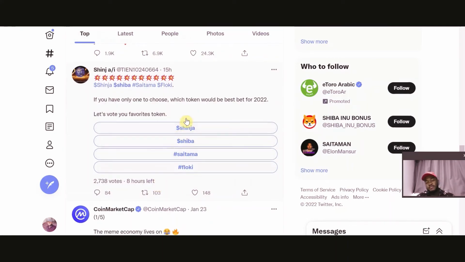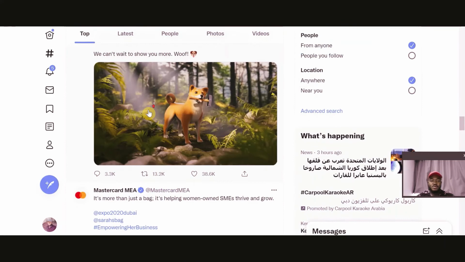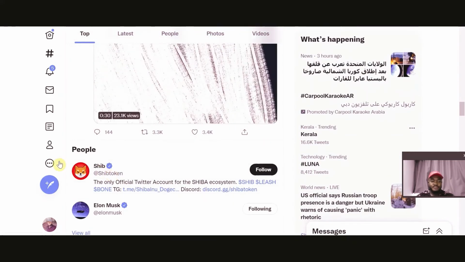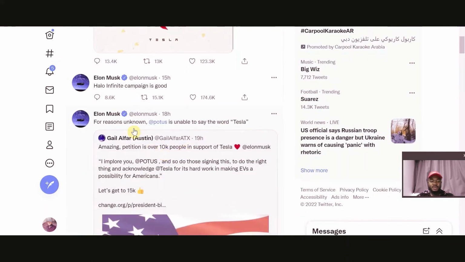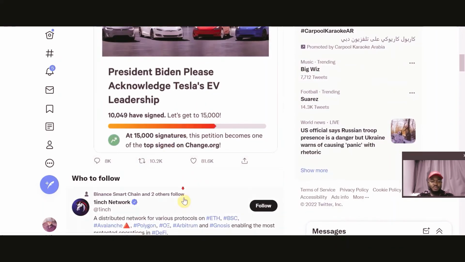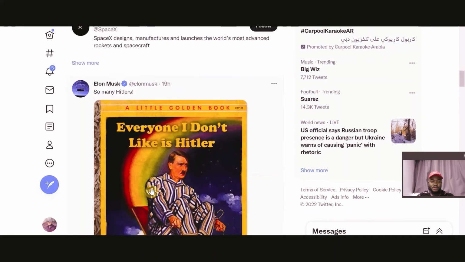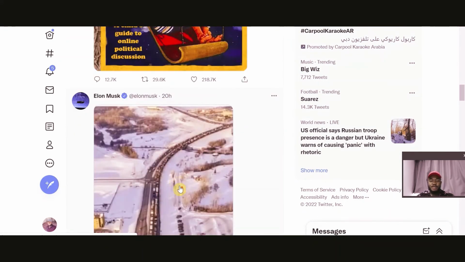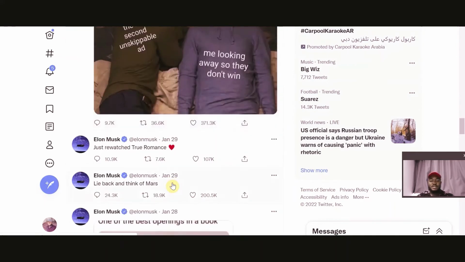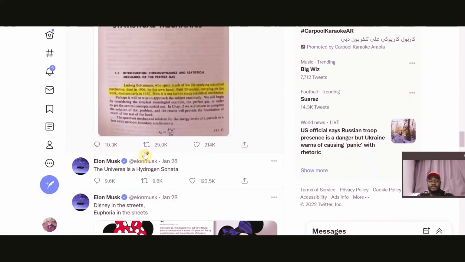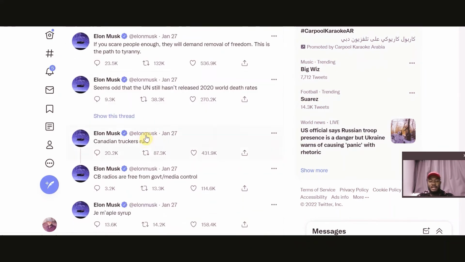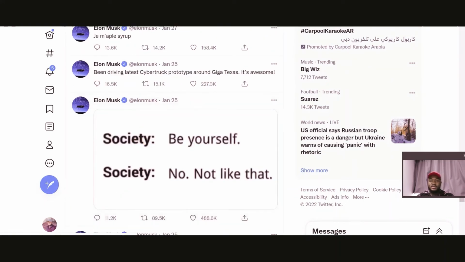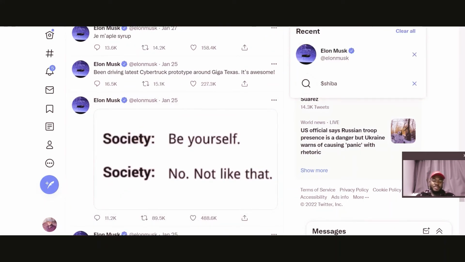Because of what they do, you guys remember Elon Musk? Sometimes Elon Musk will tweet about Doge, and you will see Doge will start going high. So let me just check some of the Elon Musk posts about Doge, and you will see sometimes he will tweet, I'm accepting Doge as a legal payment to buy any of my products, and you will see Doge will start going up in price. These are one of the fundamentals of that coin. So let's check. There is a new development in Polygon Matic.